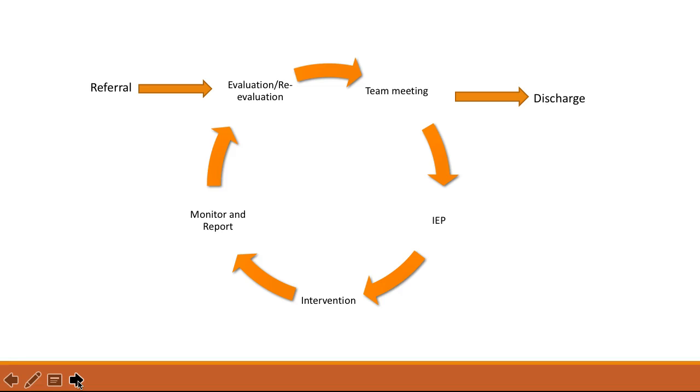Here's a visual representation of the process of a child receiving school-based services. First, a child is referred for an evaluation due to concerns about development, behavior, or participation in the classroom. The evaluation can include multiple disciplines, including occupational therapy, depending on what the concerns are. If a child is found to be eligible for services, a team meeting will take place, which would include the